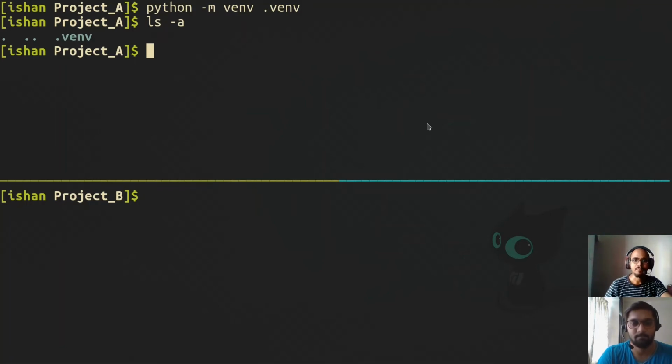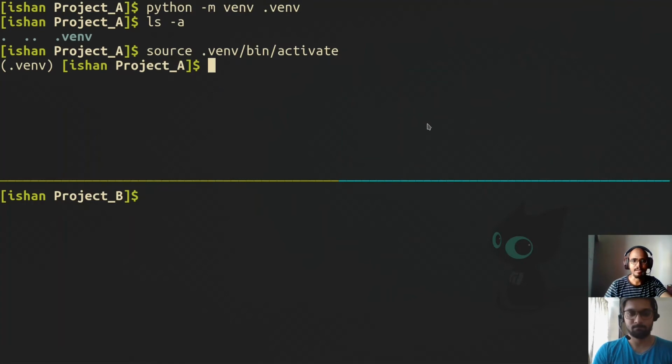So we have one more step before installing requests or any other package that you want. We should activate the environment. We need to say that we want to use that virtual environment, which is called .venv. So we say source .venv, and then there is bin and then activate. So in Linux, you have to do source space .venv slash bin slash activate. In Windows, it will be .venv slash scripts slash activate. So it can be different in both, but both of them just activate your project virtual environment.